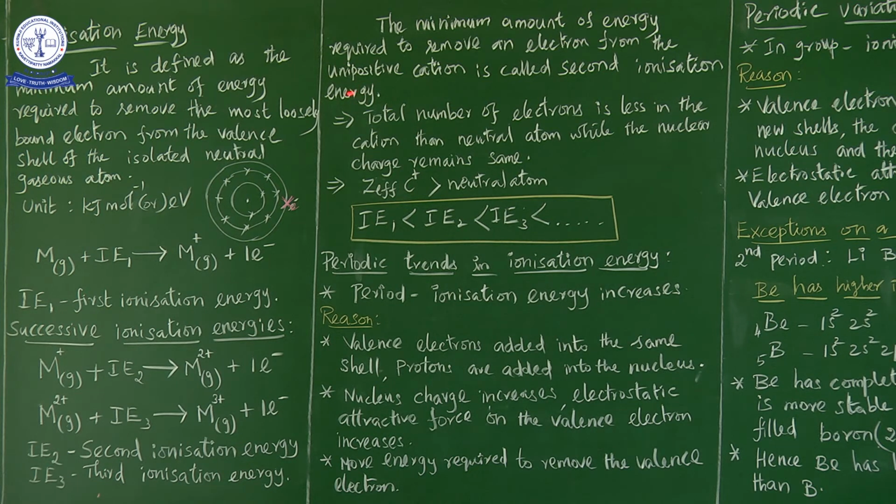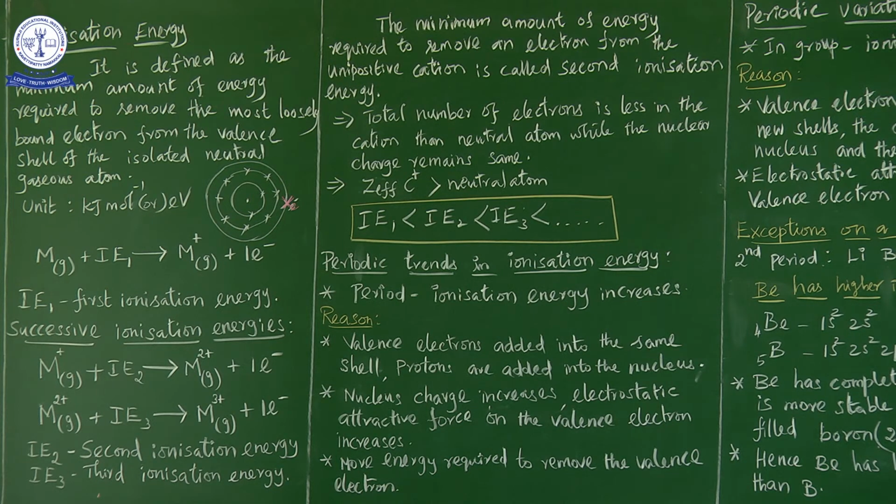So unipositive or univalency or monovalency, both are same. The minimum amount of energy required to remove an electron from the unipositive cation is called the second ionization energy. So first ionization energy, general definition: the minimum amount of energy required to remove the most loosely bounded electron from the valence shell is known as